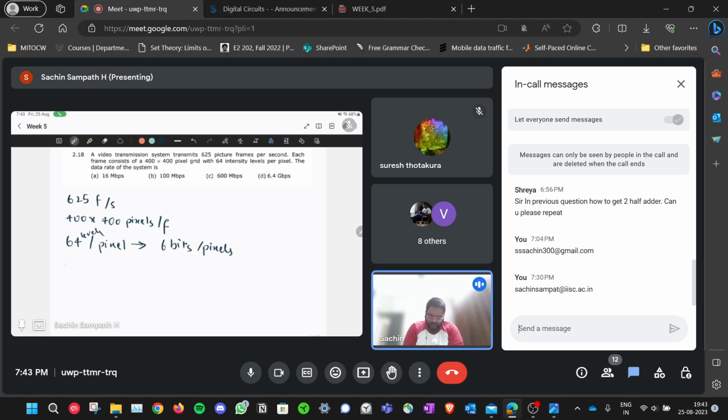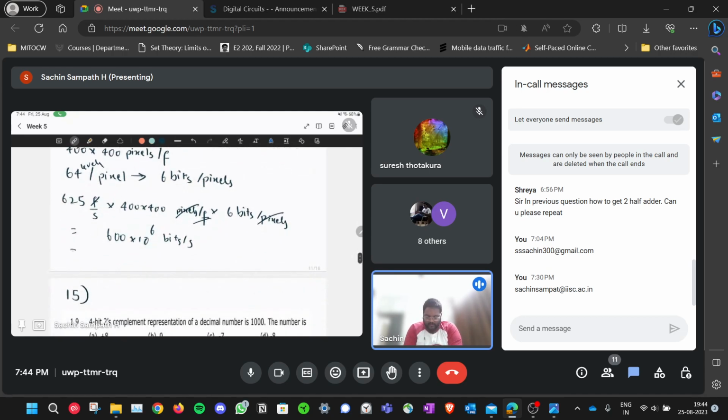So the number of bits in total will be, multiply all this: your frames per second, 400 into 400 pixels per frame, and these frames get cancelled out, into 6 bits per pixel. These pixels get cancelled out. What you are left with is bits per second. And if you do the multiplication, it will be how much? 6 into 10 power 6, 600 into 10 power 6 bits per second,